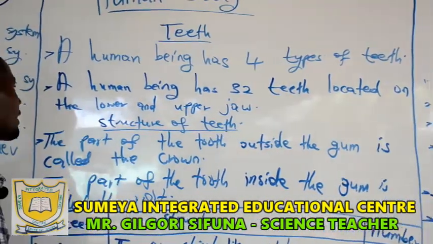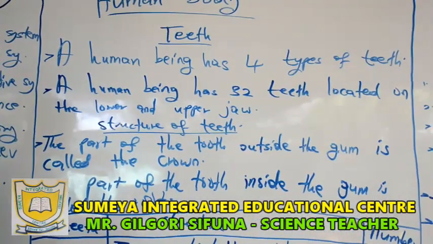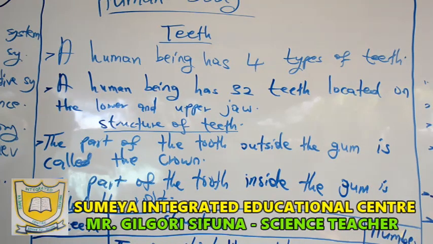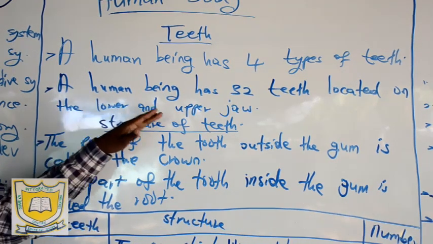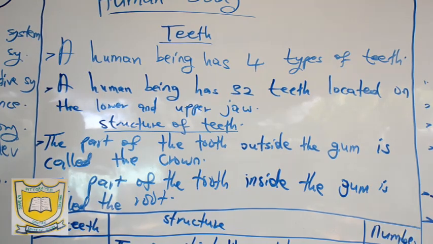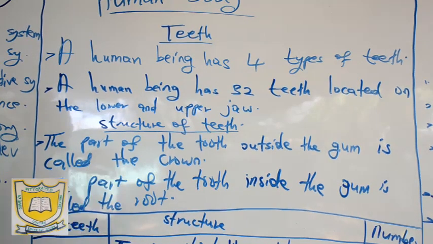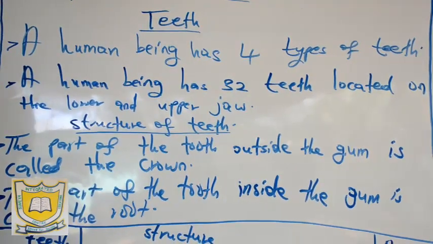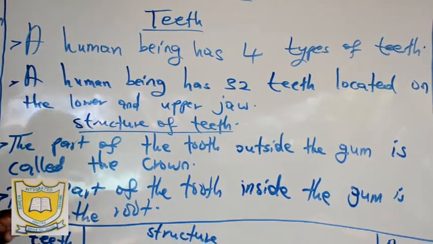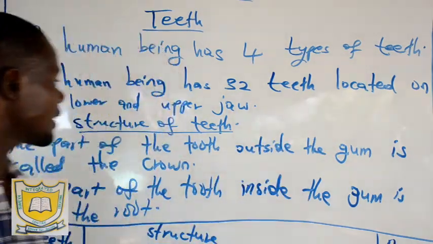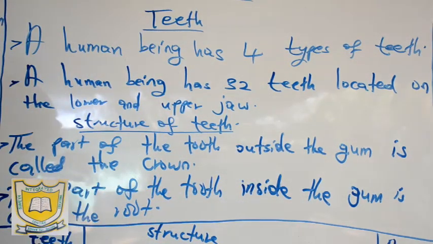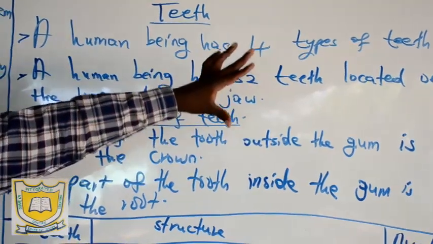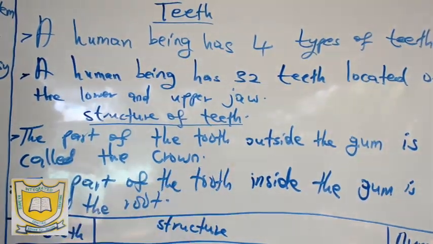Now, let us proceed. A human being has teeth located on the lower and upper jaw. When we talk about the number of teeth, how many teeth are supposed to be there in a human being? The 4 types of teeth have different structures. Now let us talk about structures of the 4 types of teeth, which are the incisors, the canines, the premolars,